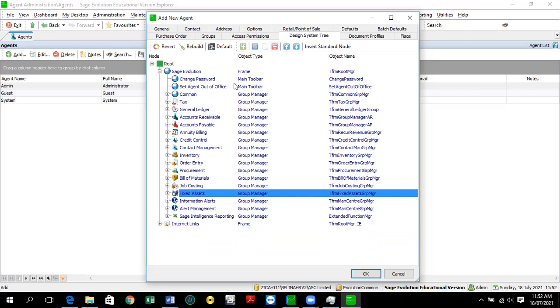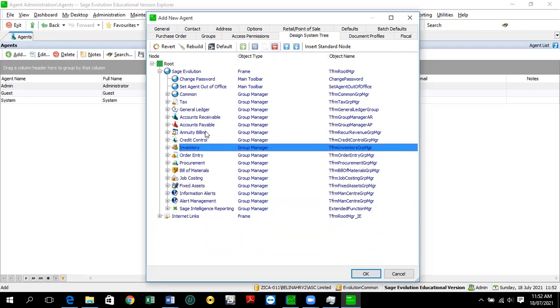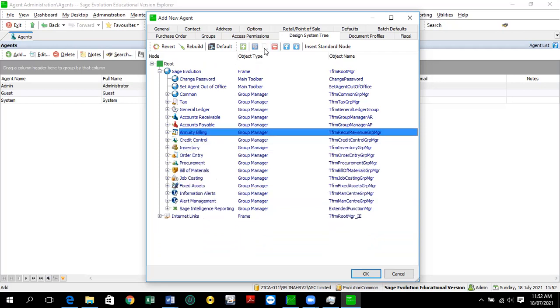Then the contact management, probably I'm also taking off that. Annuity billing, I'm also again taking off that. Then maybe I'm just leaving the user with these items. What it means is when this user logs in, this is what the user will be able to see. This is what the user will be able to work in. What is important is when you're getting an agent or a user,